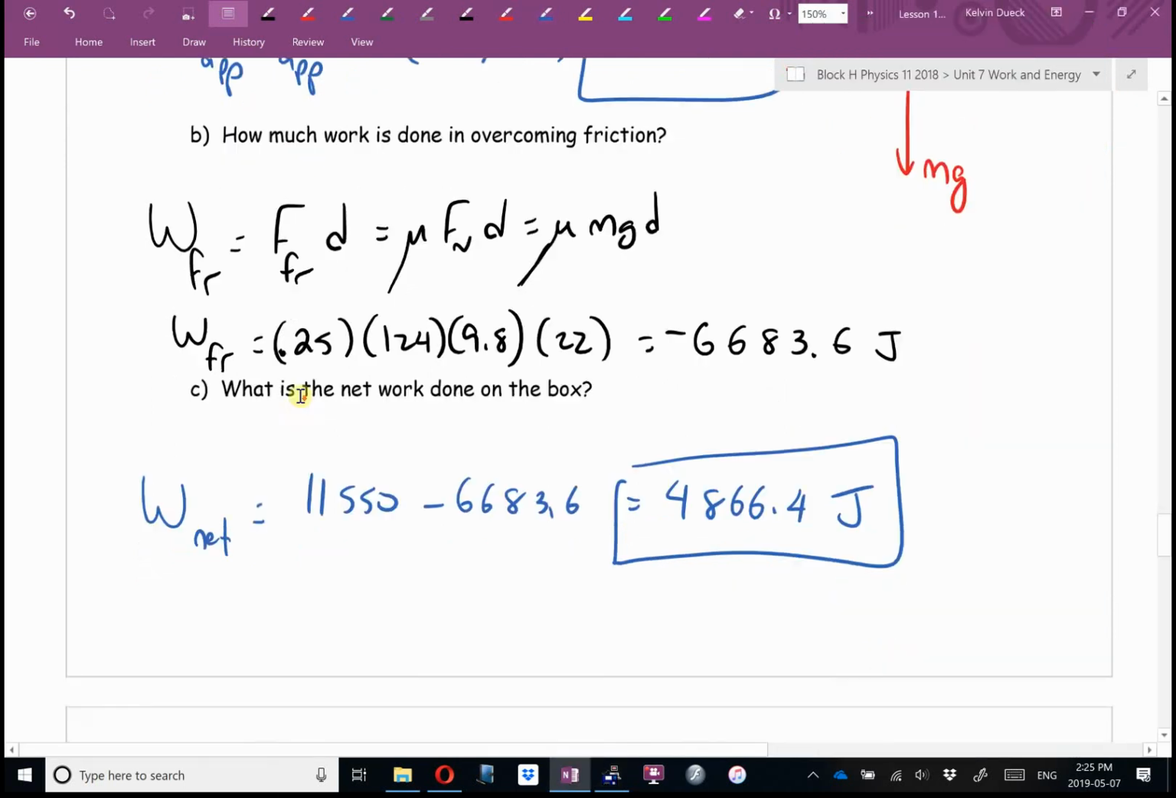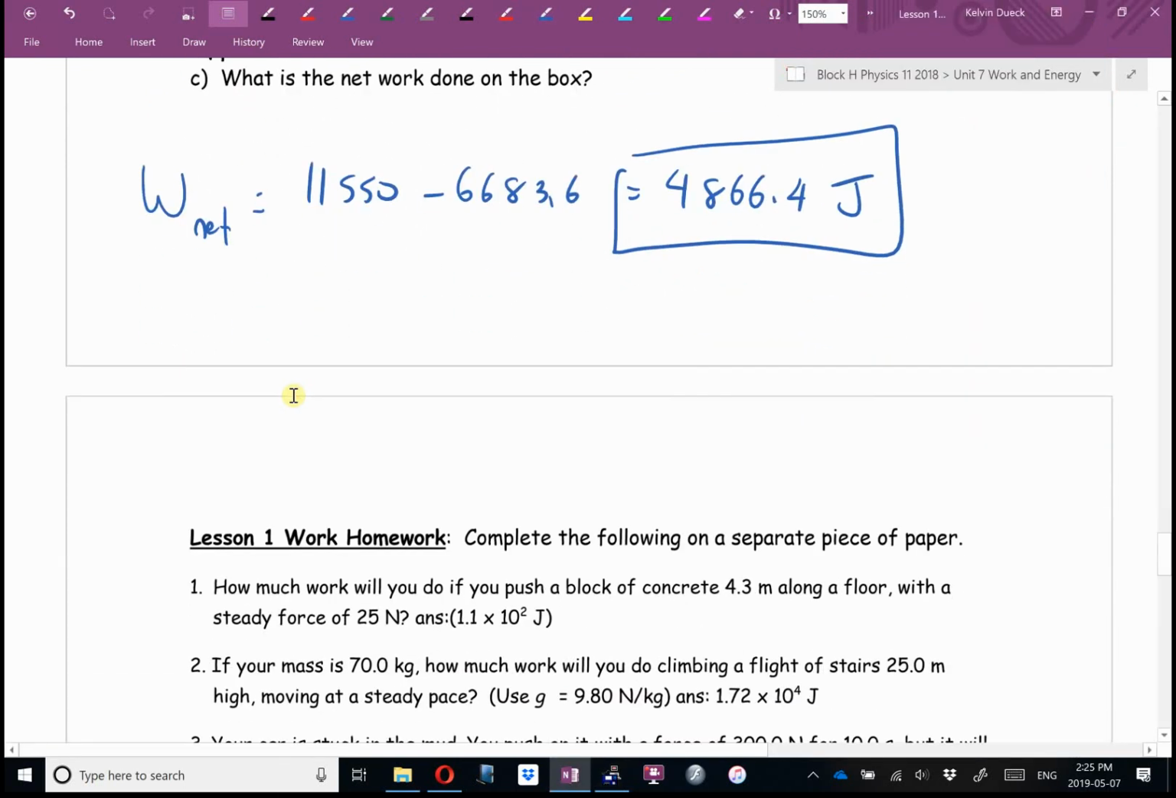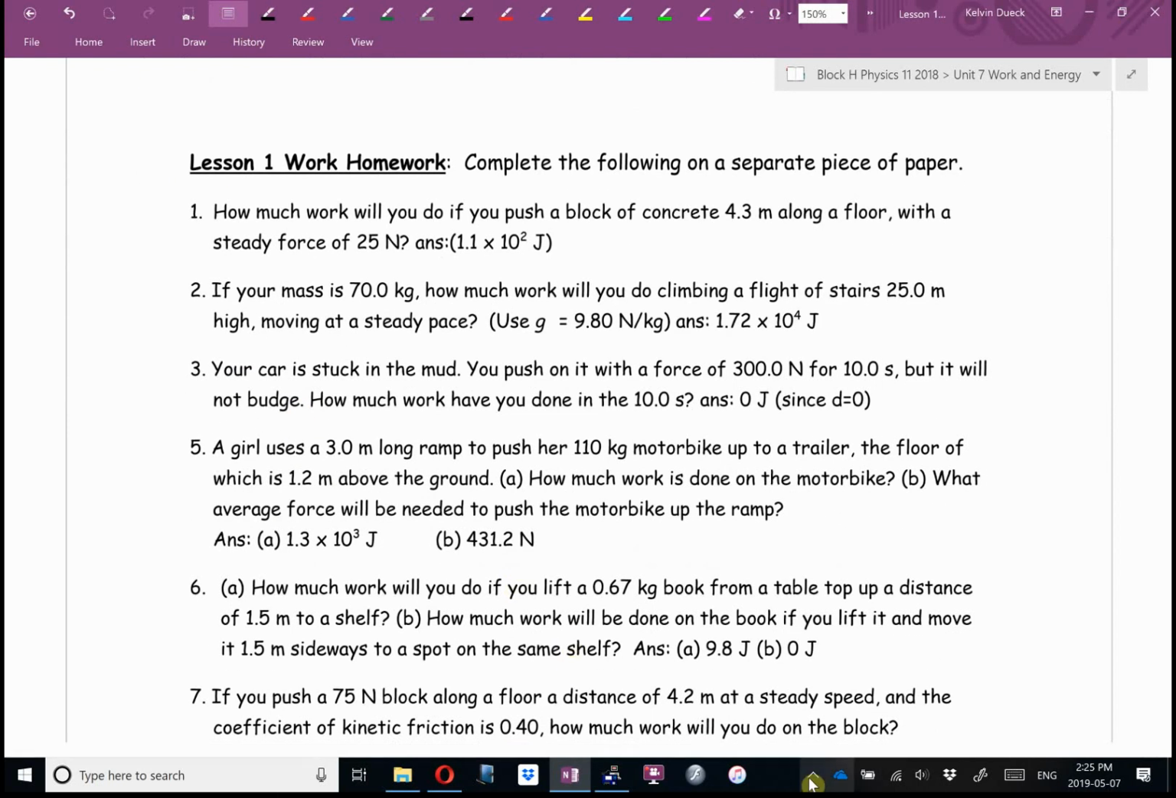Work is force times distance. That's definition number 1. Force and distance have to be in the same direction. Force has to be constant. Work is also the area underneath the force versus distance graph. That's definition number 2. Your homework is try every question. But for